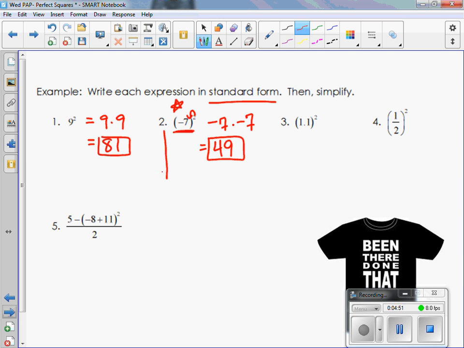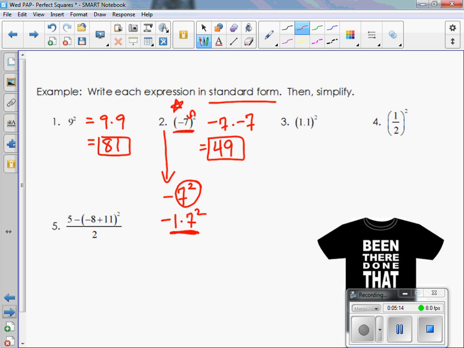This is different than if you had this. This one actually means -1 times 7 squared. And this is a very important concept that you understand because you're going to be dealing with variables next, and it gets a little tricky in that situation. So it's important to know that the square only goes with this, and the negative just really means -1 times